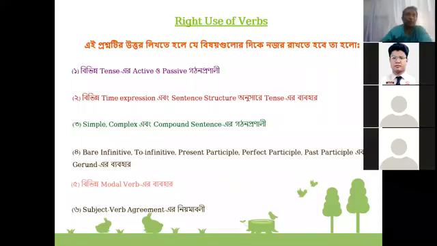If I say I is a teacher, is it correct? I is a teacher. Yes, sir. Then what should be the correct sentence? I am a teacher. Then am agrees with the subject I. This is called subject verb agreement. We need to know some rules regarding subject verb agreement also. Now let's move on to our next slide.